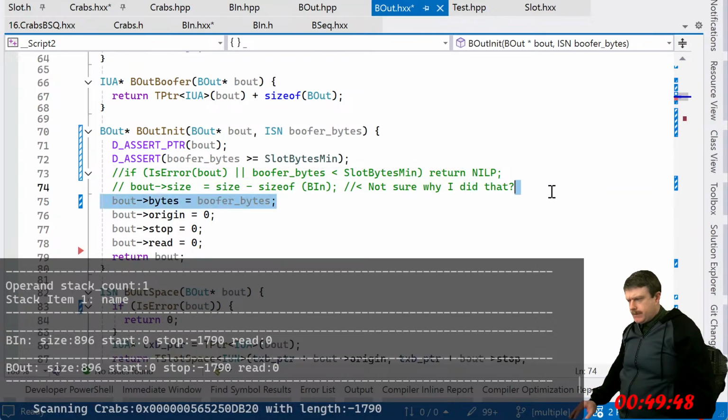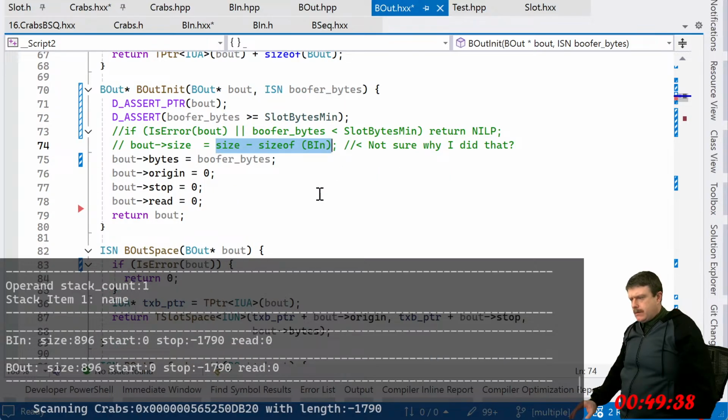Not sure what I was doing with this. Whatever it is, it has to be done on both of them.